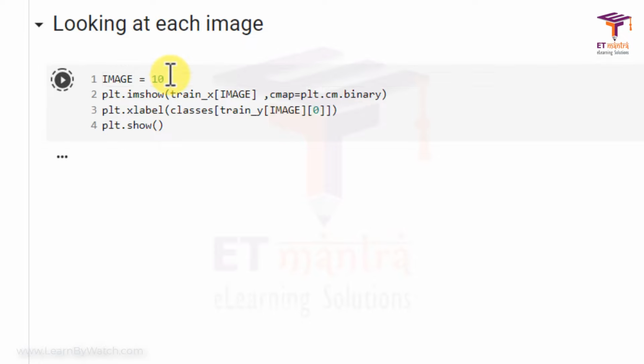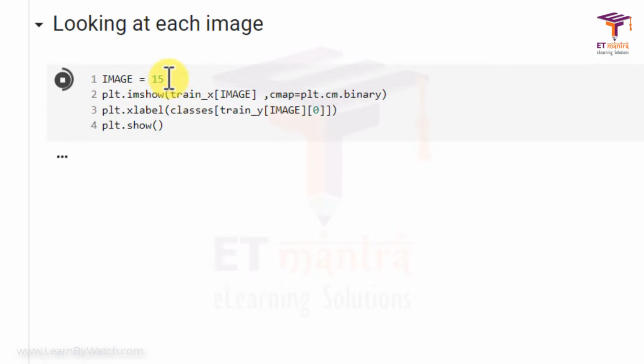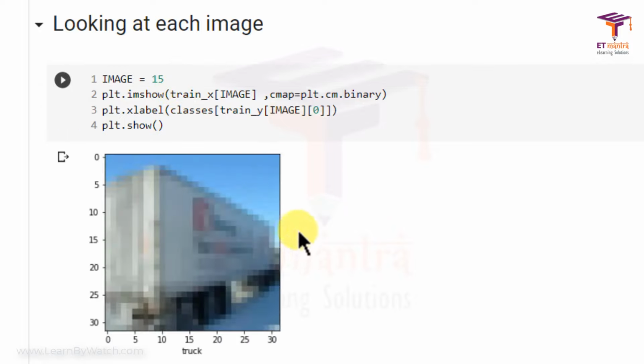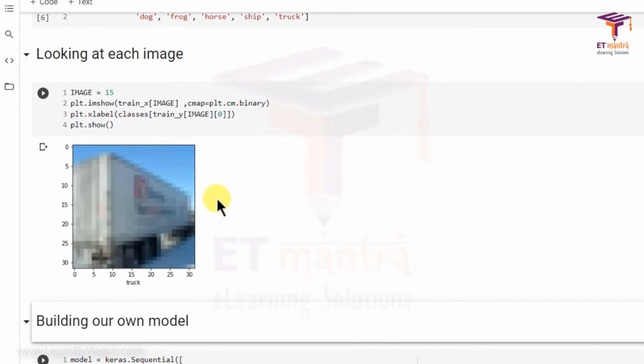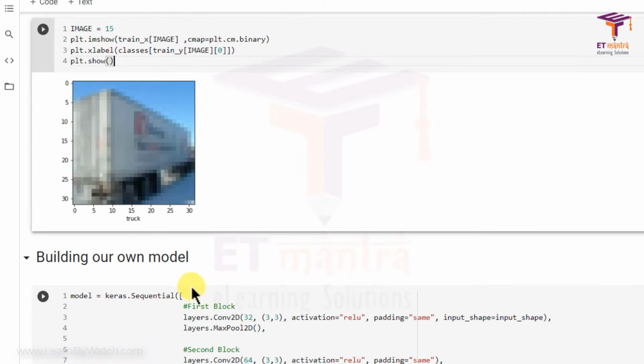Let us look at something else. This one is also not very clear. This looks like a truck. Since these are very small size images, recognizing them is difficult with the human eye. Okay, so we have looked at the dataset.